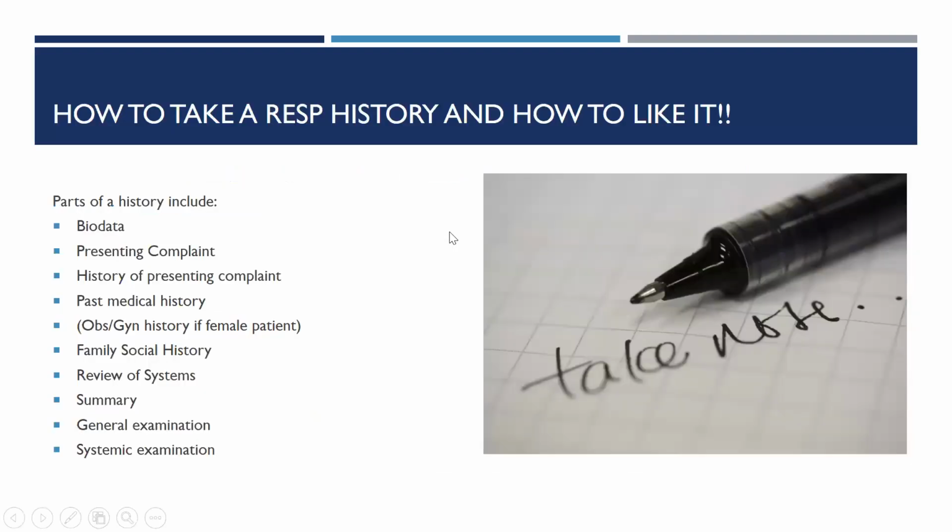So when we talk about a RESP history, do you guys remember the components of a history? I'm sure you did from last year. There was PEDS and OBS, yeah? You can just say yes or no if you have ever taken a history before. Yes. Lovely. So now we're going to do how to take a RESP history